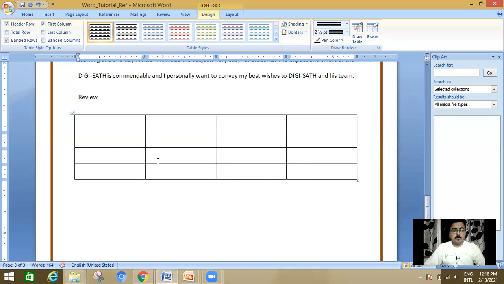Now I am going to give you some functionality of tables, like how to merge a column, how to merge a row, how to change the border, and so on. I have given column names like serial number, name, marks, and roll number. It's just an example. Now, 1, 2, 3.